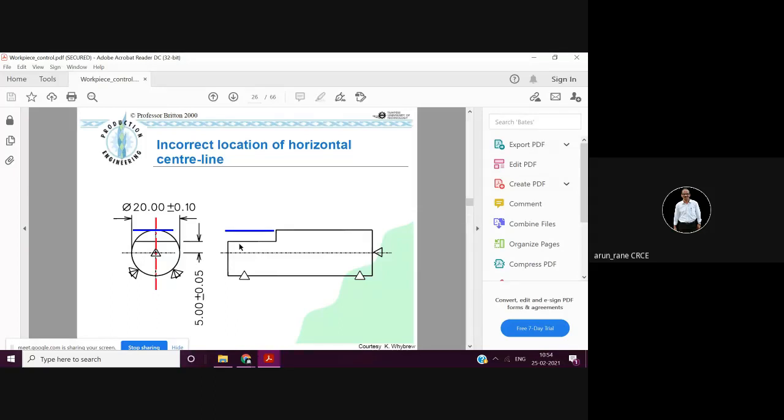So now for the next workpiece, I will not get 5.00, I will get 4.5, because I cannot move the cutter up and down. Cutter has been positioned at this distance already. So for this next workpiece where the diameter is 21, as the center line is shifted by 0.5 up, I will get distance 4.5 instead of 5. Correct? Simple, isn't it? Yes, sir. Got it. So I am not getting dimension control, isn't it? My dimension control is lost.